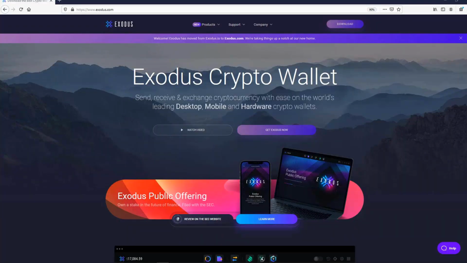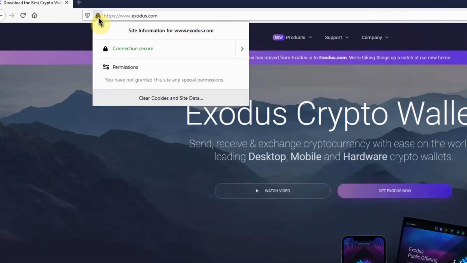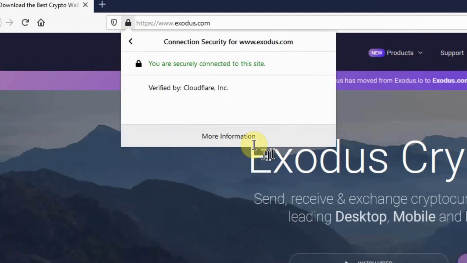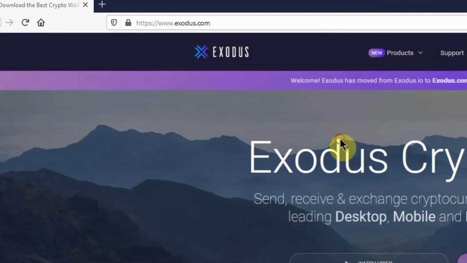Alright, so now we're going to go into how we download and install our first software-based wallet, Exodus. We're going to navigate to exodus.com, and before we click on the download, we just want to do a little bit of verification of the certificate. So we click on that, you go here, you click on more info, you click on view certificate, and then